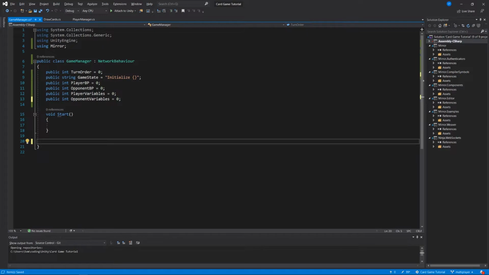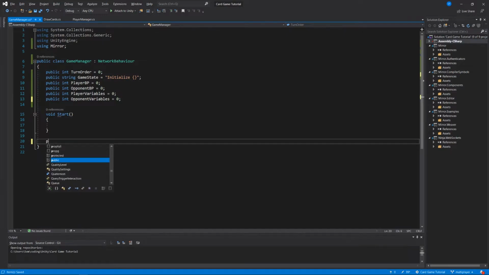And usually what you could do is make the game state private, and then only certain functions or methods could change that game state. That's kind of how you handle a closure in computer programming. But I actually need to use the game state elsewhere. So I'm just going to create a function where I can change the game state from elsewhere,